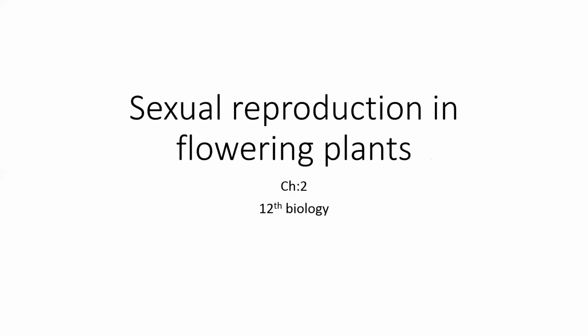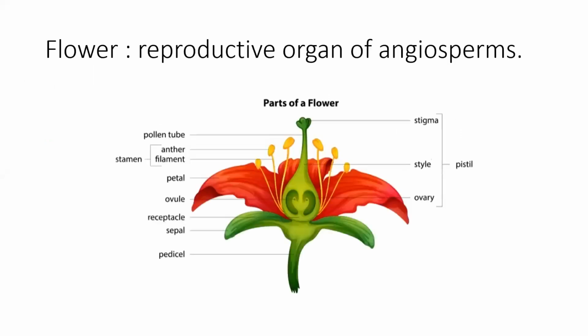So before we start this chapter, we first discuss the flower. What is a flower? A flower is the reproductive organ of angiosperm. This is the main thing to notice here. Plants have five categories: thallophytes, bryophyte, pteridophyte, gymnosperm, and angiosperm. Out of which flowers only form in the angiosperm. So it is a special fascinating character of angiosperm.